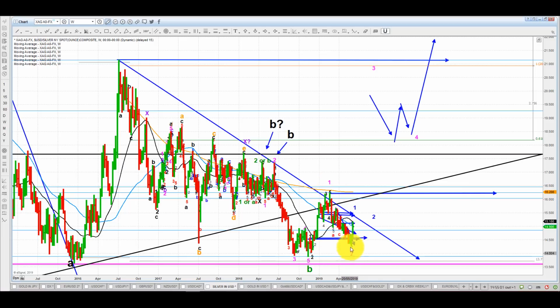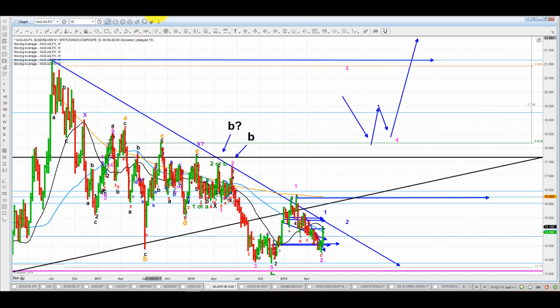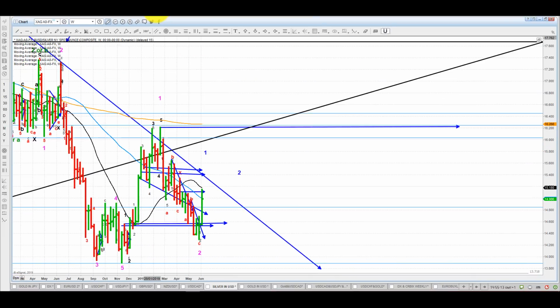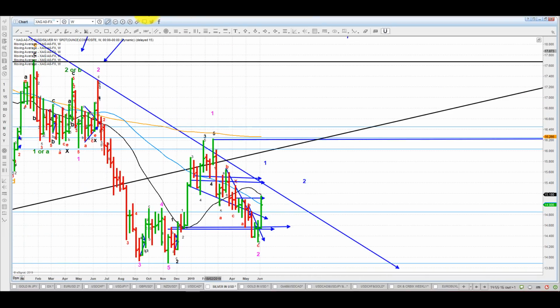This is wave 2 with an ABCX ABC. So that's going to be my 1, 2, and it's going up in a third wave. Okay, this is the weekly, and again there is every chance that silver now put in an important bottom and it's time to look up. This is the 50 moving average and it stopped right there. Okay, and we also have resistance, but